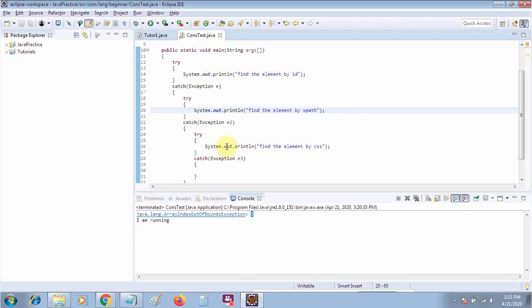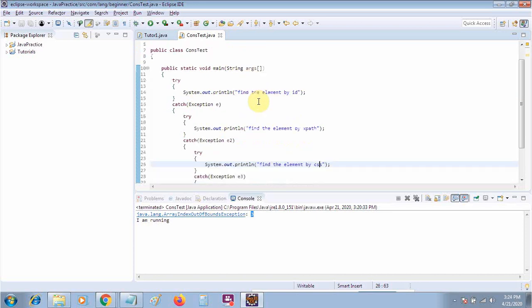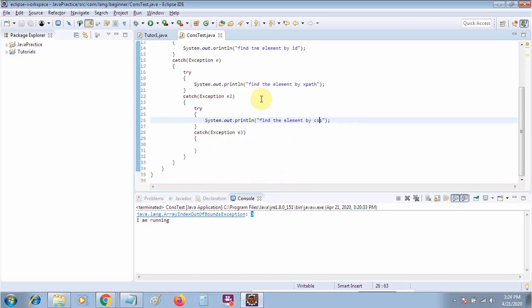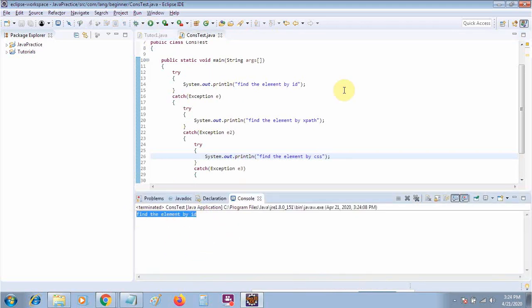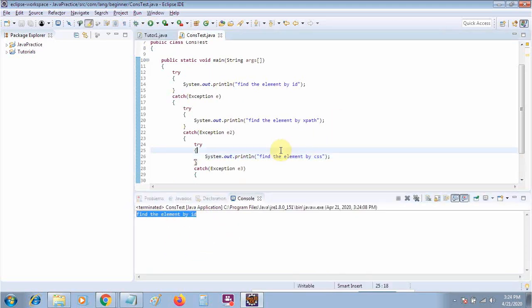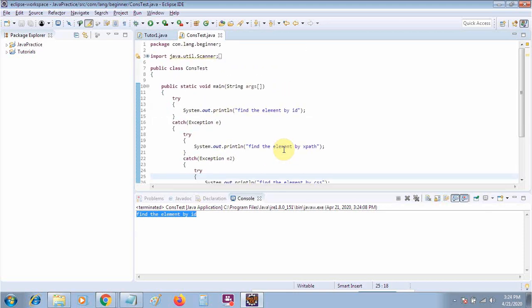Otherwise, it will move to the next level and try again. So to achieve such a scenario where multiple conditions occur, we can use multiple try and catch blocks. Okay, so this is the main use of the nested try and catch block.